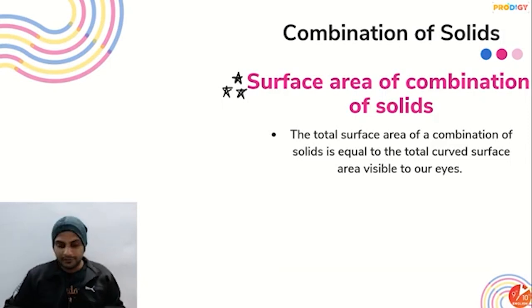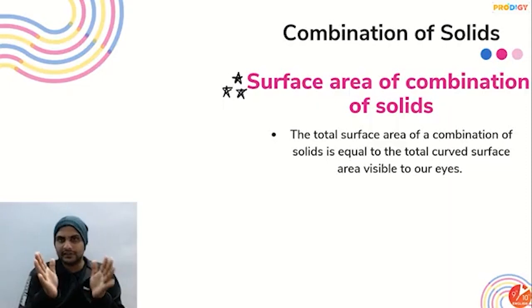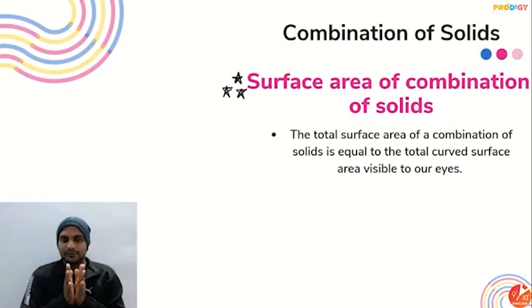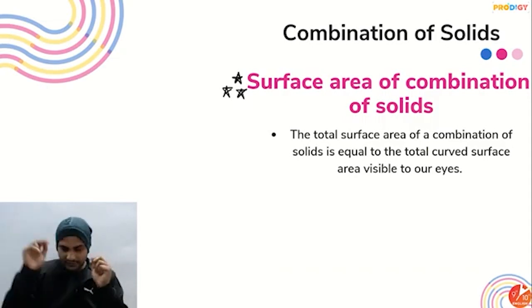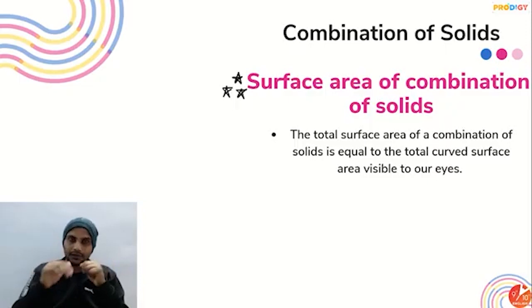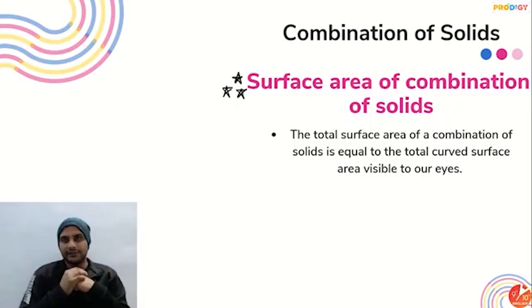So देखो, volume is comparatively easy over here as well. If we combine two solids, volumes will be added. If we remove something, volume will be subtracted, as I have told you in the case of the hollow sphere. But there also I have told you, in surface area we need to think about the solid, we need to see what surfaces are present, and accordingly we give the answer.